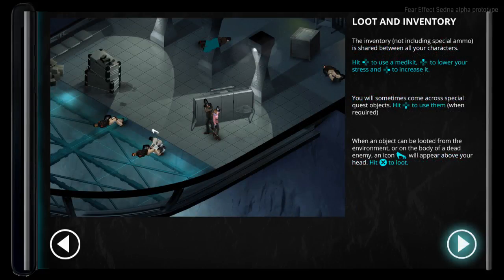Loot in inventory. The inventory, not including special ammo, is shared between all your characters. The left button on your D-pad is the medikit, the upper button to lower your stress, and the right button to increase it. You will sometimes come across special quest objects. Hit down to use them when required. When an object can be...